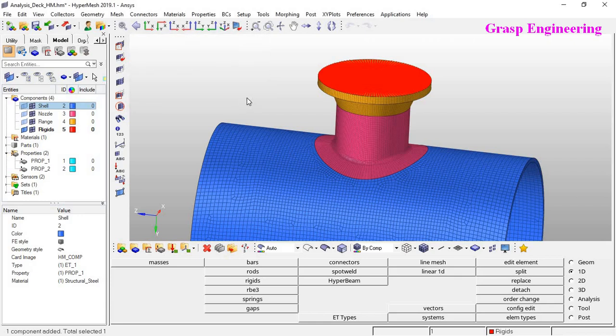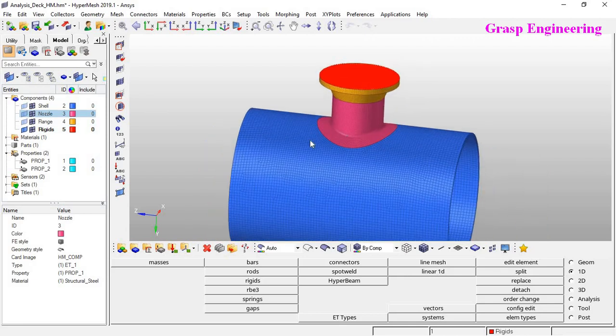and from here you can even assign the respective material details or property details. Okay, so these are the two ways to assign the respective element and property to the component. Okay, that is all about our element creation, property creation, material creation. Now the next part is to create the components.